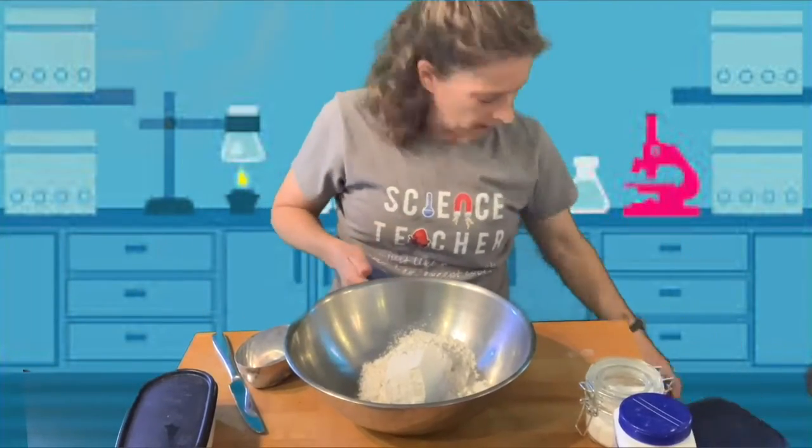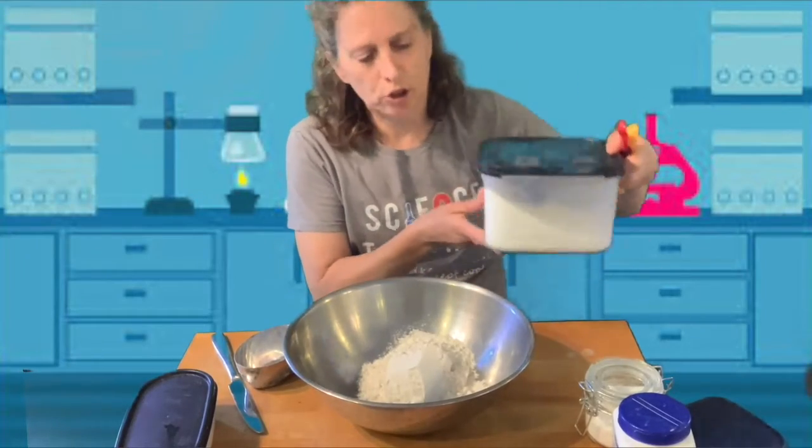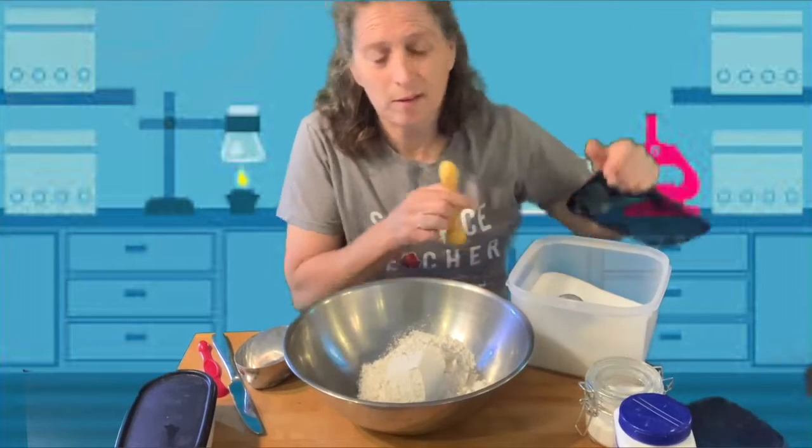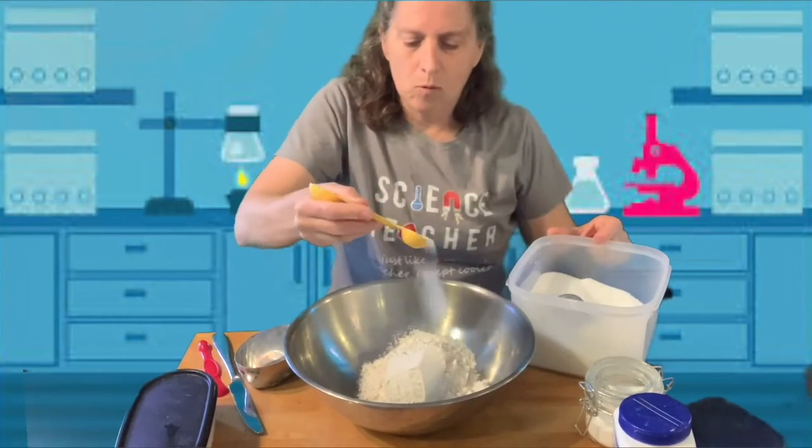Next, I'm going to add 2 teaspoons of white sugar. Just a little bit of sweetness. It's not a cookie, it's a biscuit. 1,